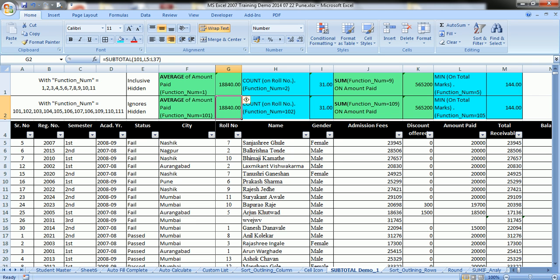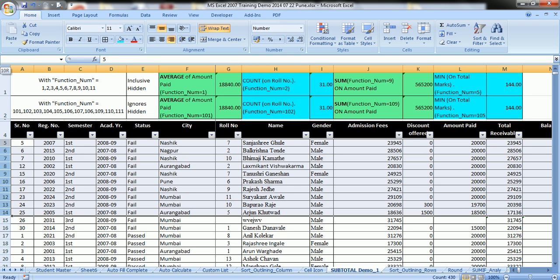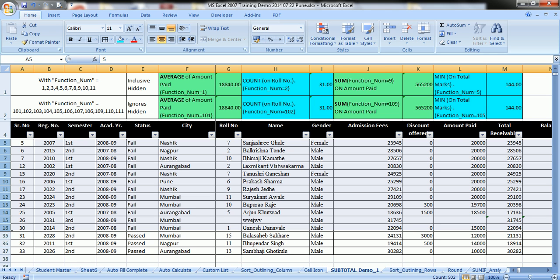To understand the effect of hidden values, let's hide a few rows. Here I am hiding the rows of failed students. I had sorted the data for the status, and now I have all the failed students in one group and all the passed students below it.